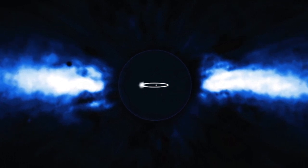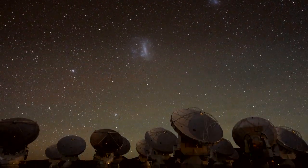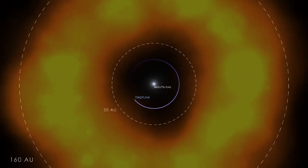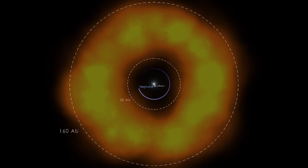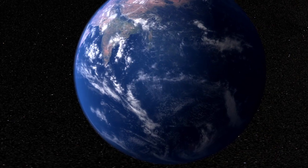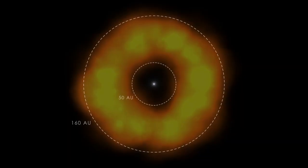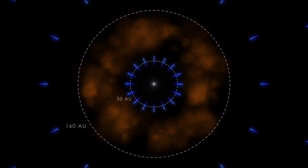I'm part of a team studying Beta Pic's disk using the ALMA Observatory in Chile. We've found something odd. A belt of carbon monoxide gas centered about 3 times farther from the star than Neptune's distance from the Sun. The total amount of gas is about 1/6 the mass of all the water in Earth's oceans. What's interesting is that incoming ultraviolet light should break up the carbon monoxide molecules in little more than a